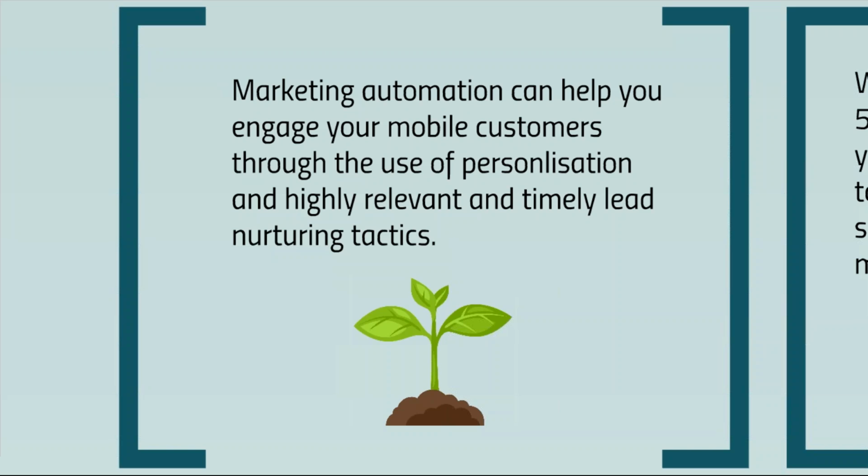So understanding the type of customer, and also understanding that people that use mobile devices, for example, don't buy directly from a device on an immediate point of view, but they research looks or style edits or whatever it may be. But also understanding that mobile customers may well go straight to sale pages and buy, or straight to product pages and buy. So what automation can help you do is...